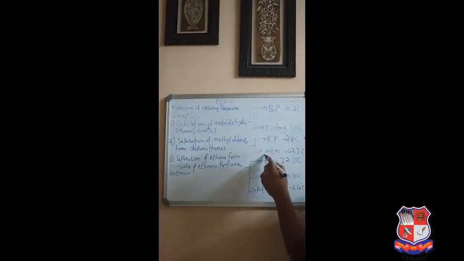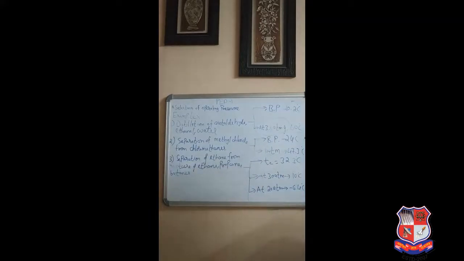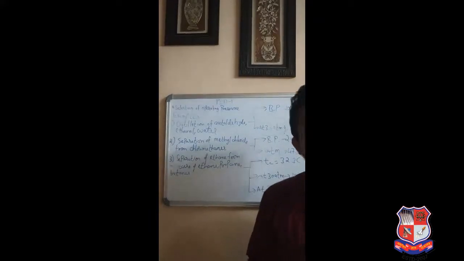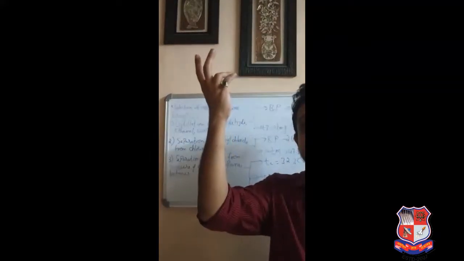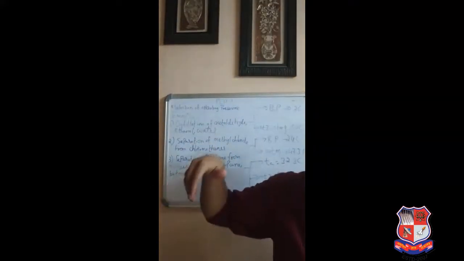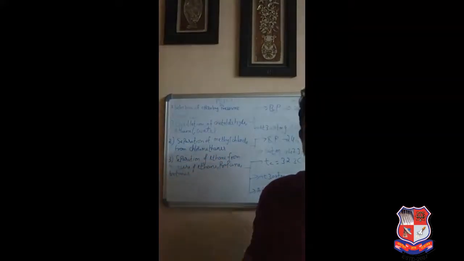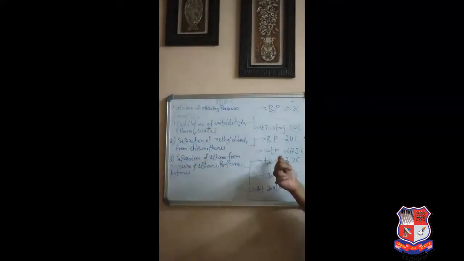Now at 10 atmosphere, if you increase the pressure, your temperature increases. At 10 atmosphere absolute, the boiling point of methyl chloride turns out to be 47.3 degrees Celsius. Now this vapor at 47.3 degrees Celsius, when it gets in contact with 32 degrees Celsius cooling water, gets condensed. It is easy. But why is it not done at 9 atmosphere?